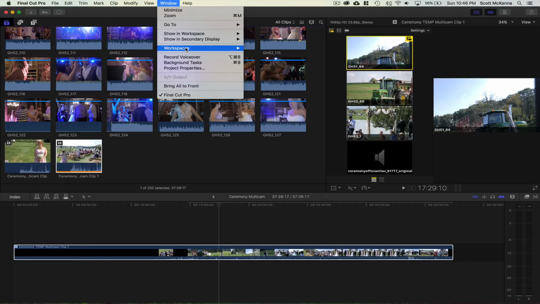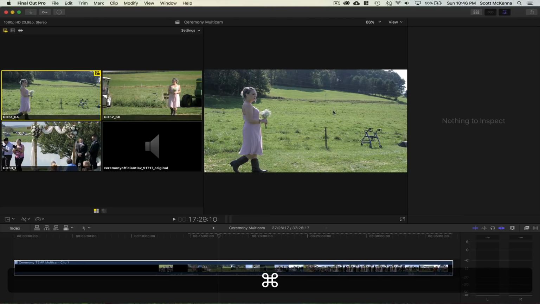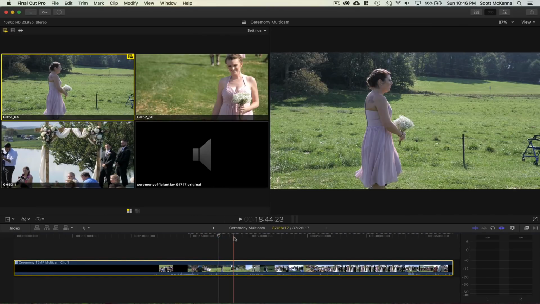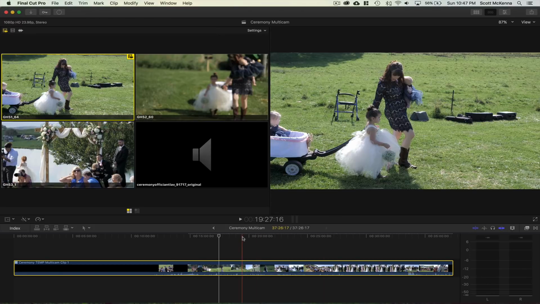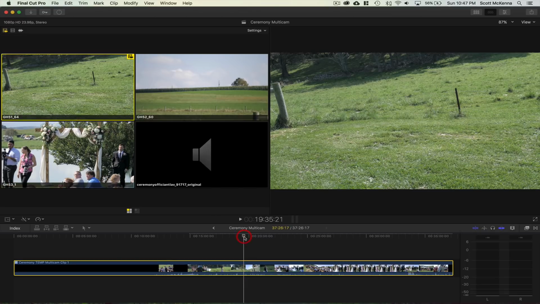I'm going to open up my multicam workspace just because it's easier to see how I have it laid out here. So this is how I typically mix my ceremony multicam. I have all the cameras to the left here and I have the main viewer to the right. Now, a couple important things to know before you start cutting, because you might get really confused when audio is jumping all over the place. It is following the cameras and all that kind of stuff.